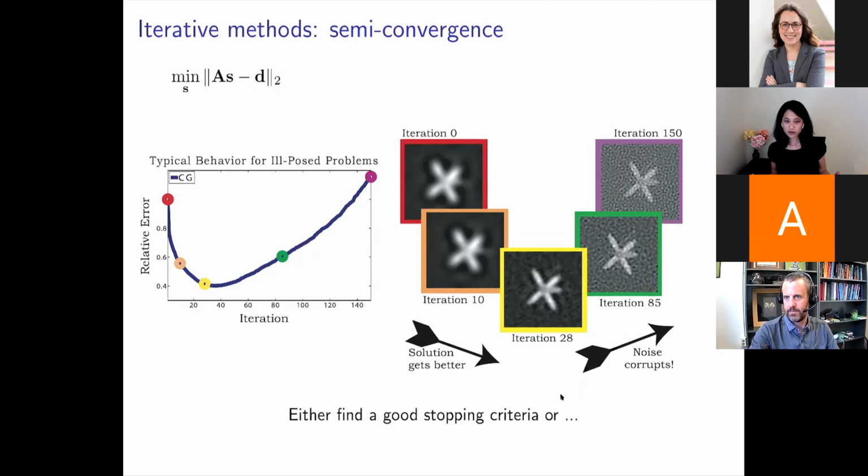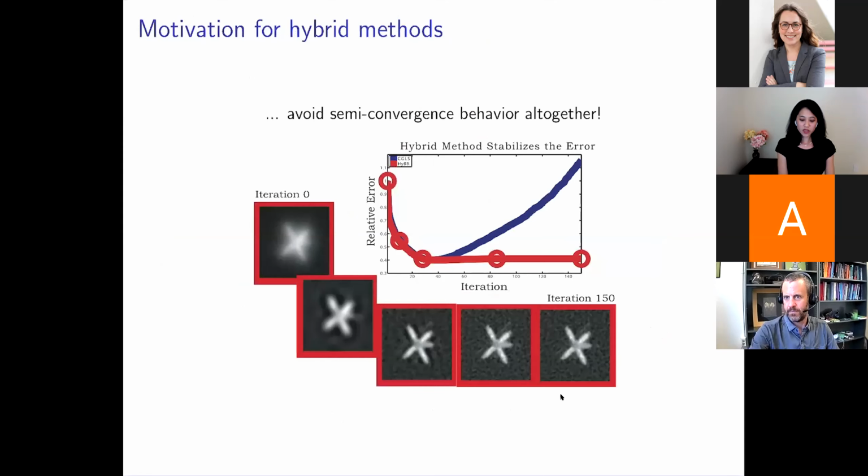developing a hybrid iterative method is to say, well, it's really hard to find a good stopping criterion for these iterative methods. It would be great if we could stop down here when the error is the smallest or when the solution is clearest. But if I stop too early or if I stop too late, my image might already be corrupted or might still be blurry. So rather than try to find a method that could find that stopping point, we want